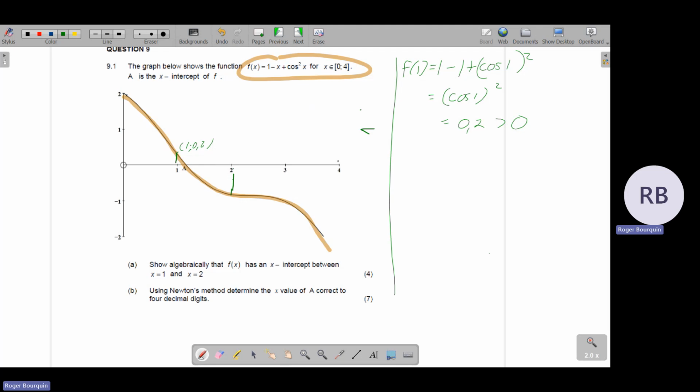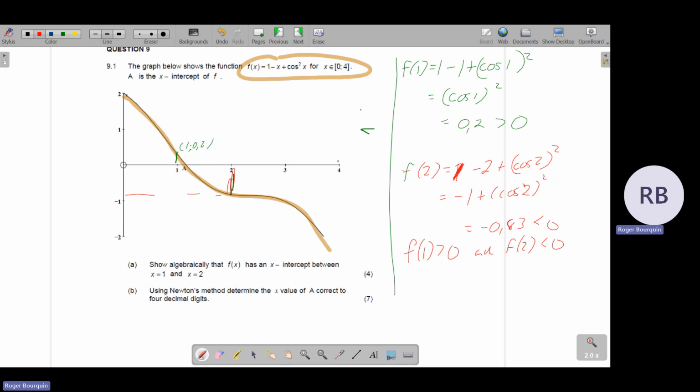Then you're going to work out f of 2, which would be this point over here, and so f of 2 is going to be 1 minus 2 plus cos of 2, remember it should be in radians, all squared, which is equal to negative 1 plus cos 2 squared. Stick that into your calculator, and you should get negative 0,83, which is less than 0. So your conclusion is, f of 1 is bigger than 0, and f of 2, which is negative 0,8 over there,